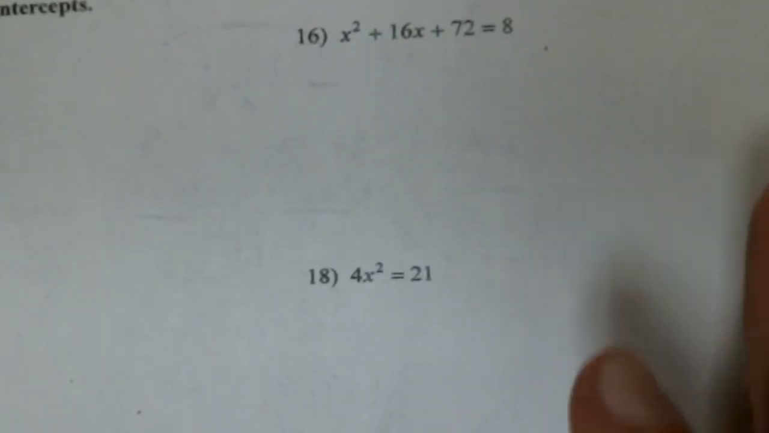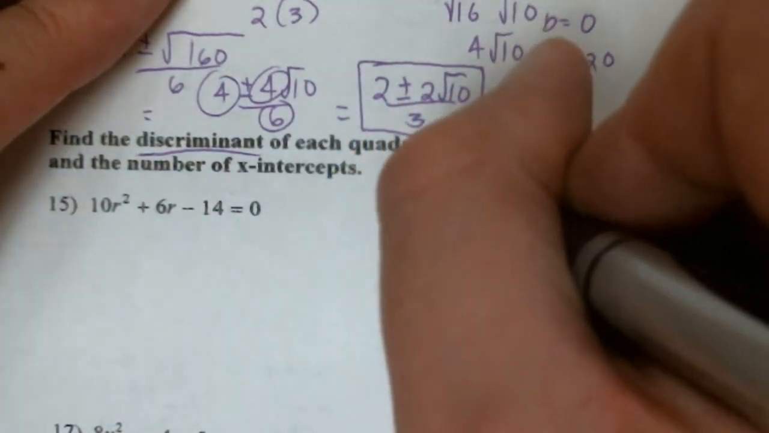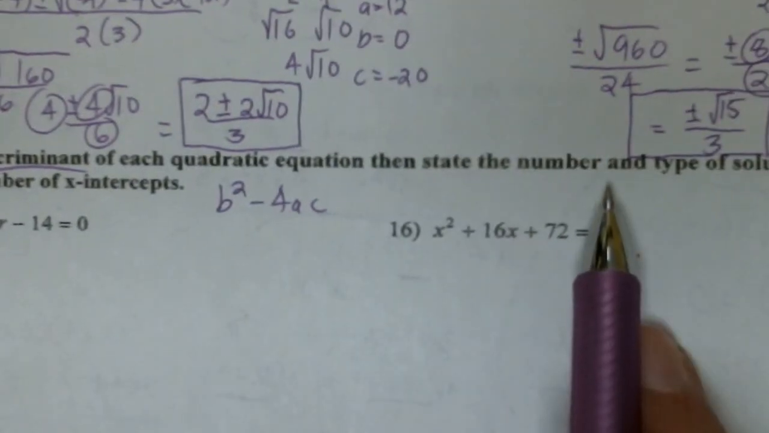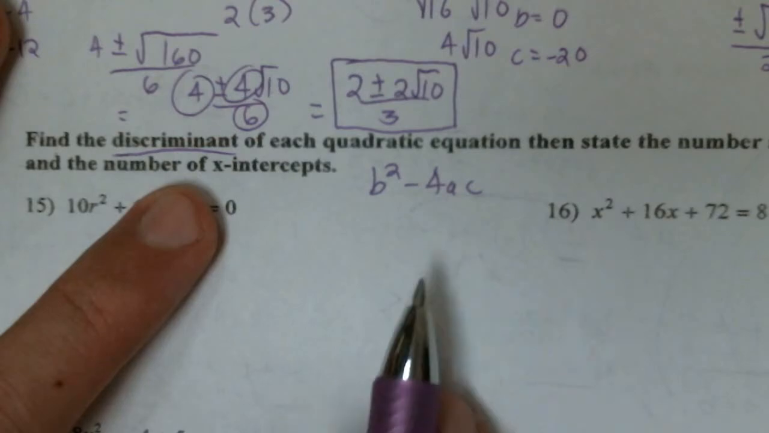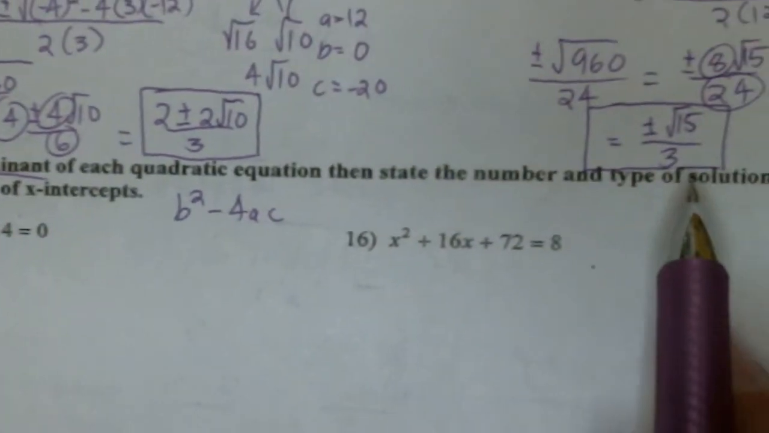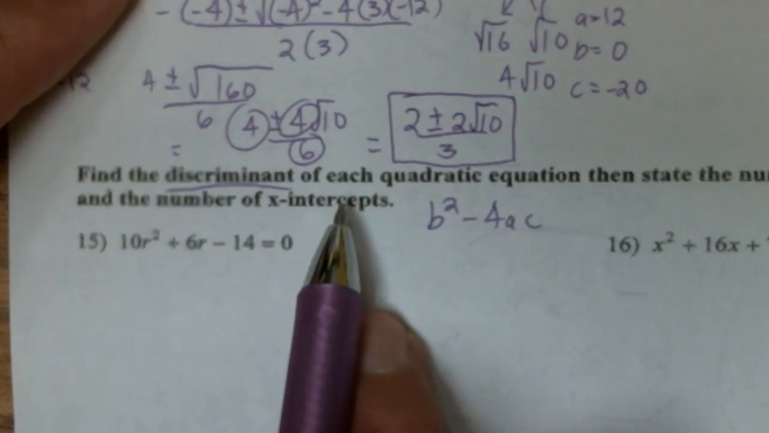Okay, last couple ones, these are easy. All right, so this says find the discriminant, and the discriminant just means the b squared minus 4ac part of our quadratic formula. And then it says state the number and the type of solutions and the number of x-intercepts. And guys, this is exactly verbatim the way it's going to look on the actual quiz. So you've got to tell me the number of solutions and the number of x-intercepts, the type of